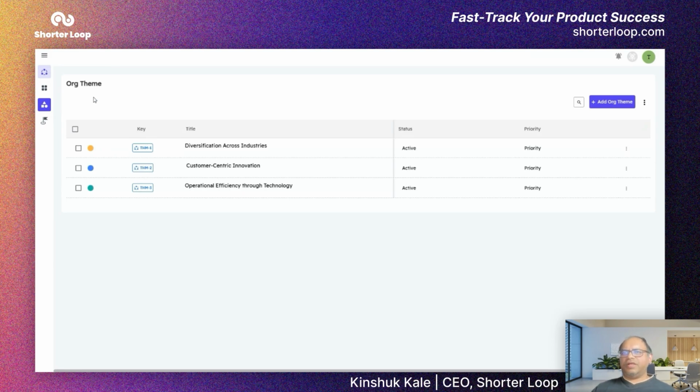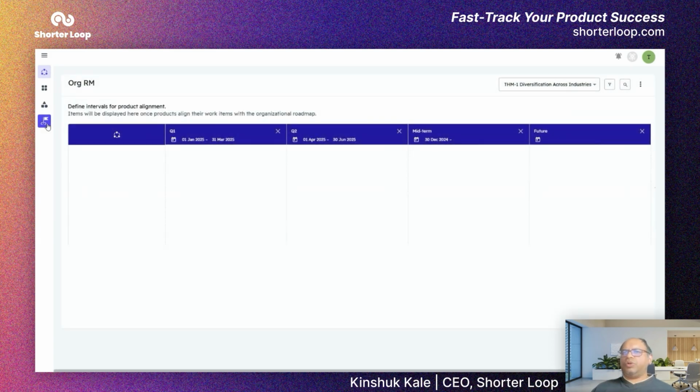As part of that organizational strategy, they have come up with three themes for the next year. And those themes are: we want to diversify across multiple industries, we want to improve our customer-centric innovation, and we want to increase our operational efficiency through technology. And of course, because they have a strategy, they have a roadmap in mind to deliver on this strategy. And so, as a company,